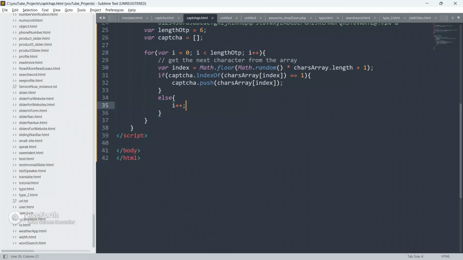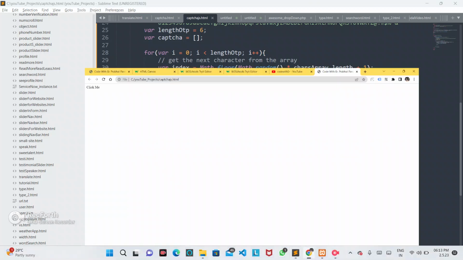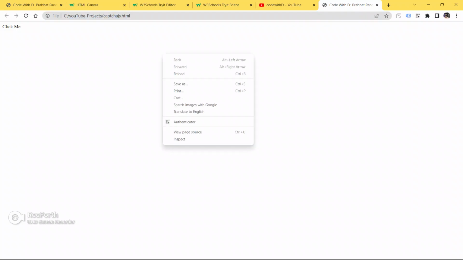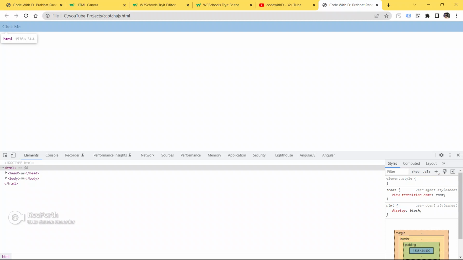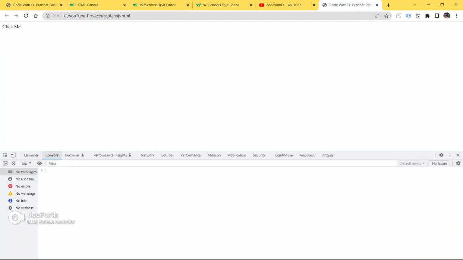As of now we can see the captcha, guys. Let me alert it here. What to alert? This captcha. Save your code, go to the browser and refresh your page. Let me see if we get anything here or not. Go to the inspect.